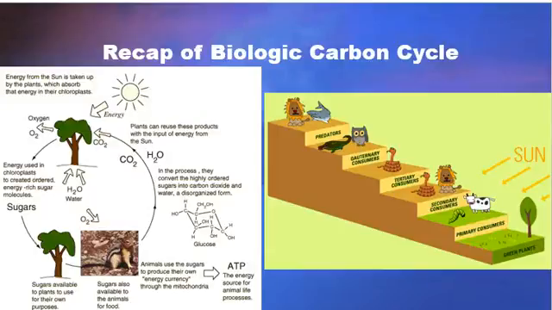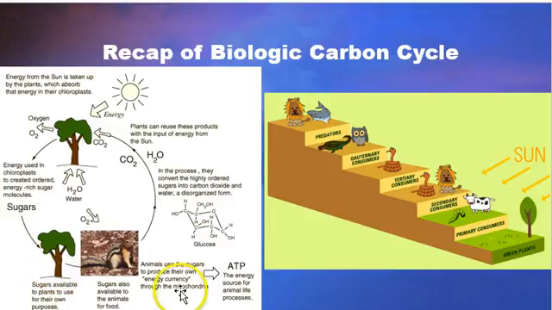Just remember that basically how this starts off is energy comes in from the sun and gets captured by the chloroplasts in plants, and then they're using that as well as carbon dioxide and water, and remember it's that CO2 that's really important here. They're taking that in and they're turning these molecules into sugars, and they're doing that to make food for themselves. So they make these sugars and then they use those sugars for their own purposes. They use them for energy or to build up their bodies, and then they also can pass on those sugars to animals when the animals eat them for food.